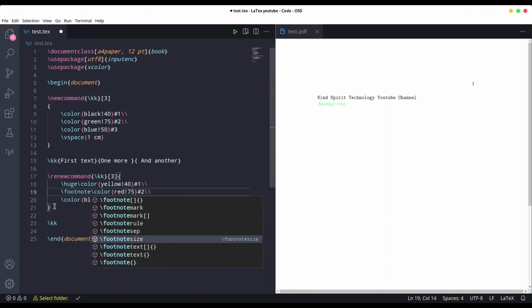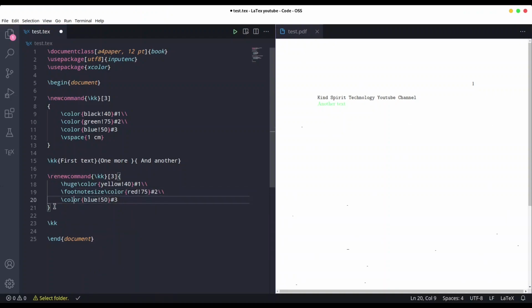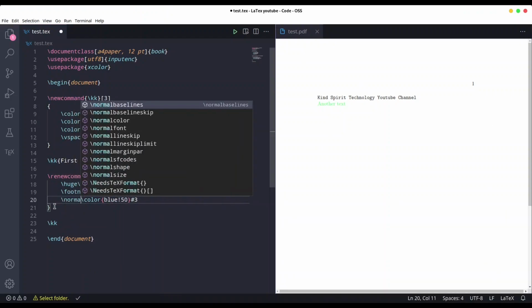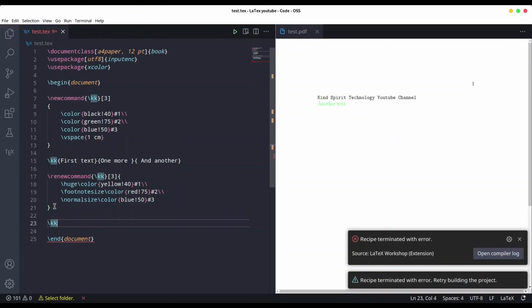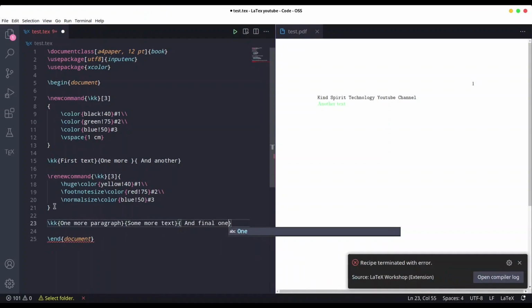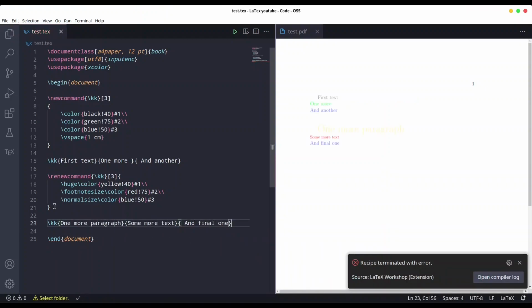Footnote size, where is it? Here. And now normal size, like this. Save it. Yes, we have to provide 3 arguments for this second command. Okay, like this. Save it again. Everything is just fine, except maybe this one paragraph sentence, because it's a really soft shade of yellow, but everything else is